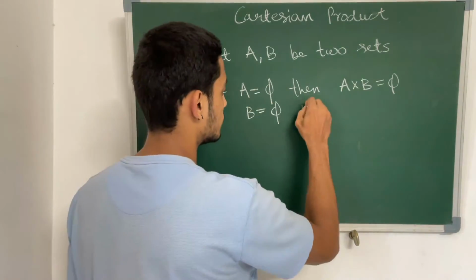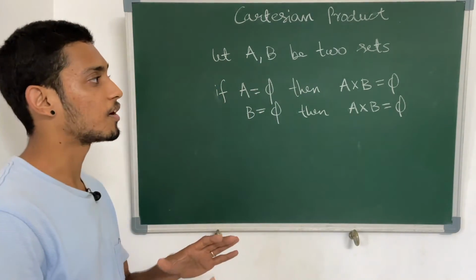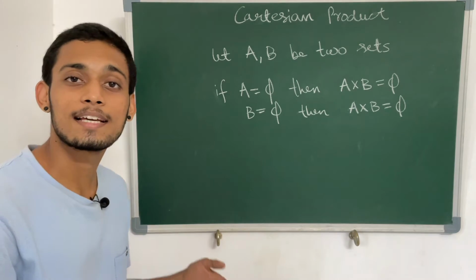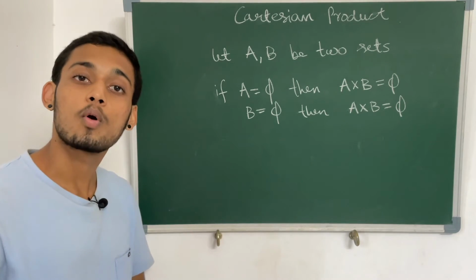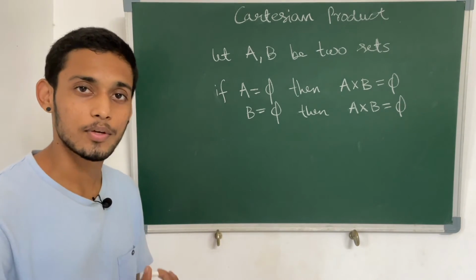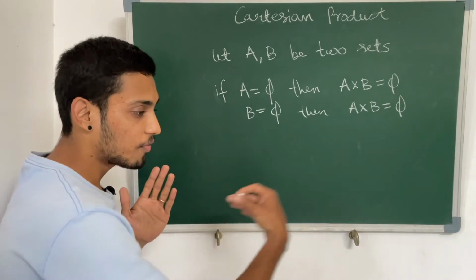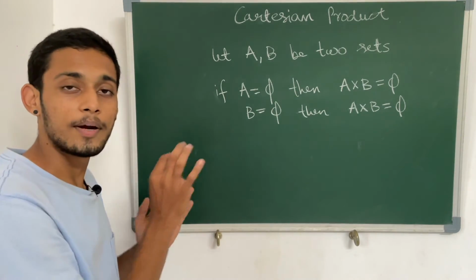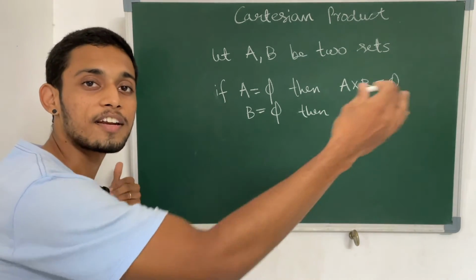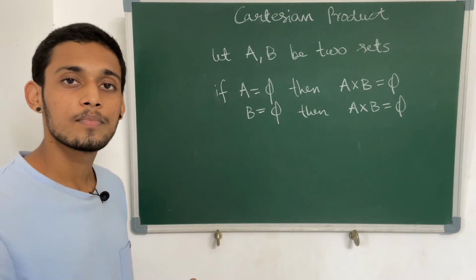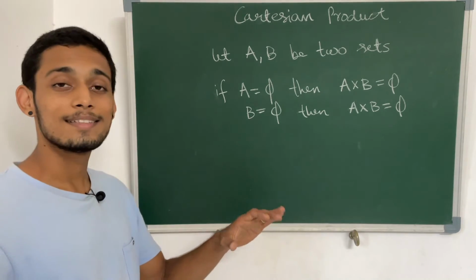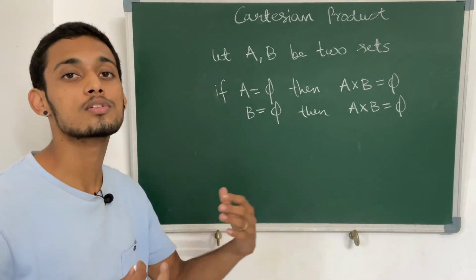So now we understood if one of the sets is empty. But what if one of the sets had an infinite number of elements, like the set of real numbers? Then what is the size of the Cartesian product? In that case, you can easily understand the number of elements in the row or the column, depending on which set has infinite elements, one of them will be infinite. If you multiply anything with infinity, you end up with an infinite number of elements. So you cannot count them. In that case, the size of the Cartesian product will also be infinite.